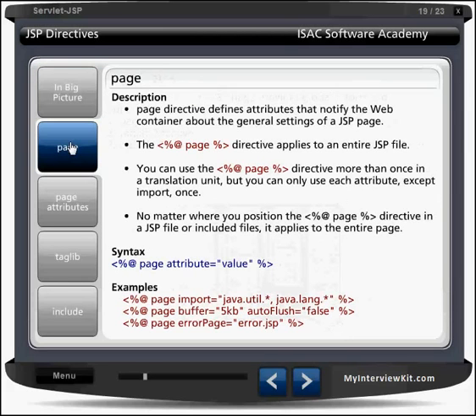So come to here. Description: page directive defines attributes that notify the web container about the general settings of the JSP page. It provides global information to the page. So we can write page tag here, attribute and value.